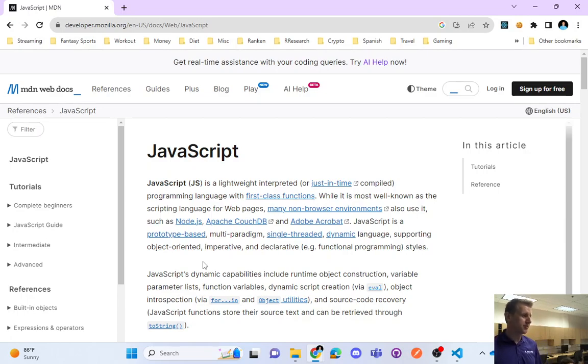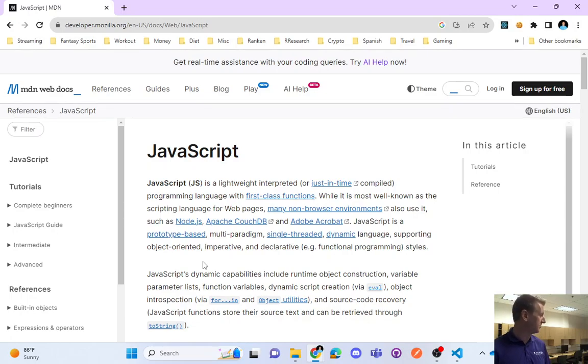So allow me to read this. I don't like reading to my students because I feel that you could read on your own. Certainly you can read on your own. However, allow me to go through this. JavaScript, not to be confused with Java, two very different things. We know this at this point, is a lightweight interpreted language. So to hone in on the word interpreted, meaning